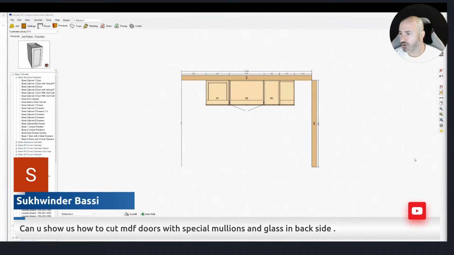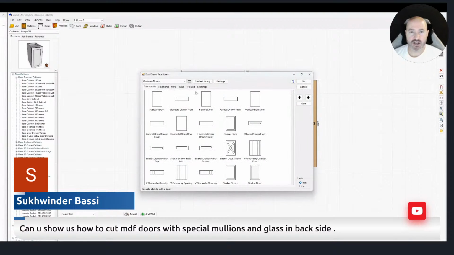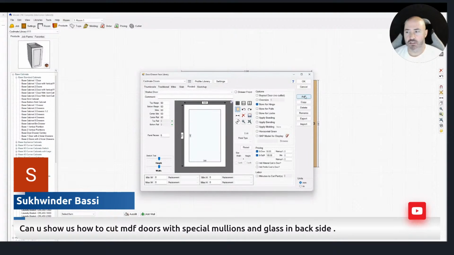All right, so can you show us how to cut MDF doors with special mullions and glass in the back side? Certainly. So having a look at that, the door library itself, if you go into libraries, doors, that's where you want to start. I'm going to go to the routed category. Let's create a brand new door, and I'm just going to call this example glass